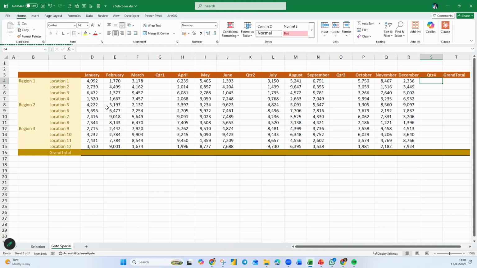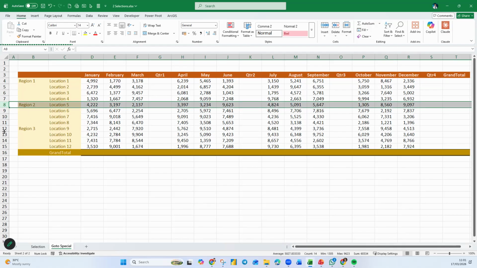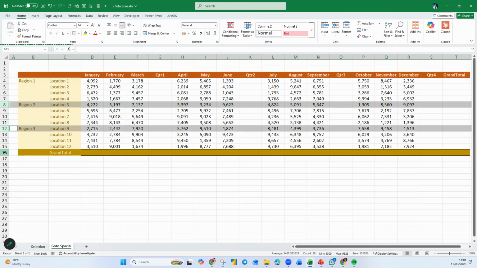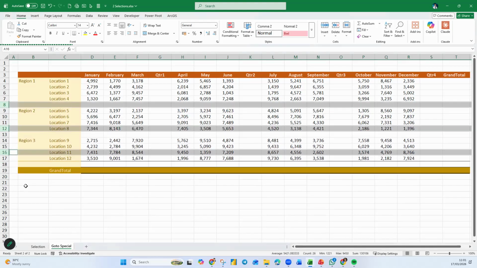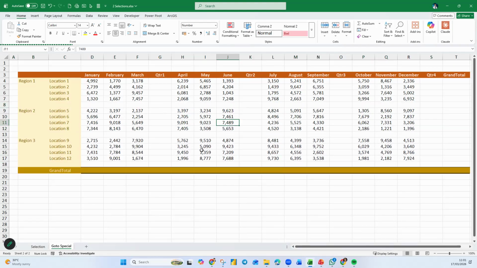So after every region, now can you do the same for me? For after every region, right, you want to have a blank row to keep the total, right? So row number 8, row number 12. So hold down your control, select row number 12, and click 16. So you hold down your control to make the selection. So once you have done that, just right click on any of the row that you have highlighted, the 8, 12, or 16, any one of them, right click and insert. Therefore, you have the empty row just right after each of this.